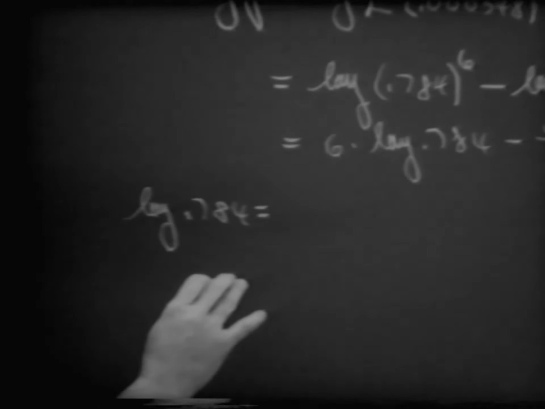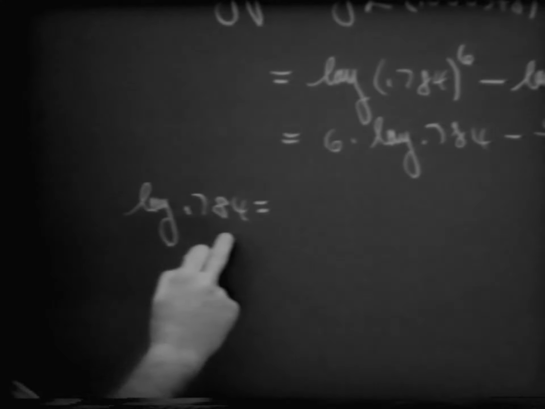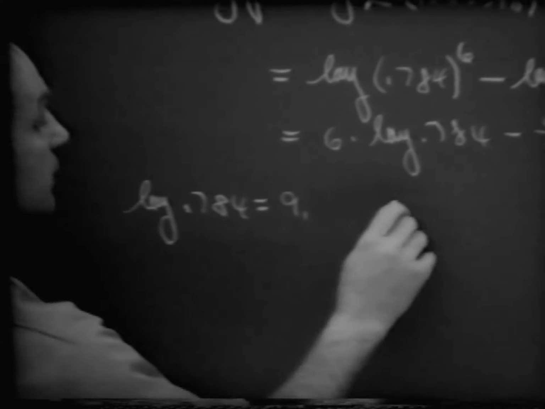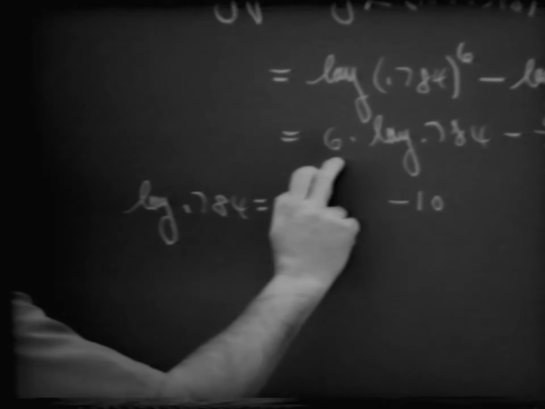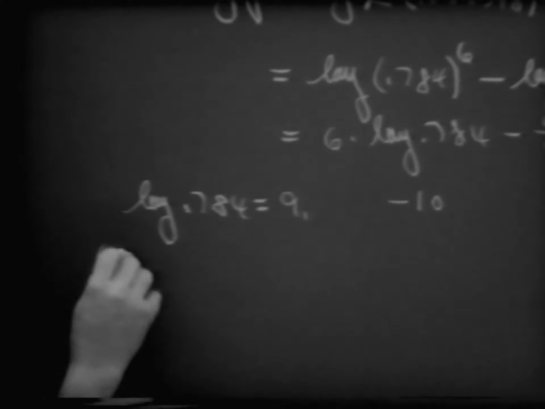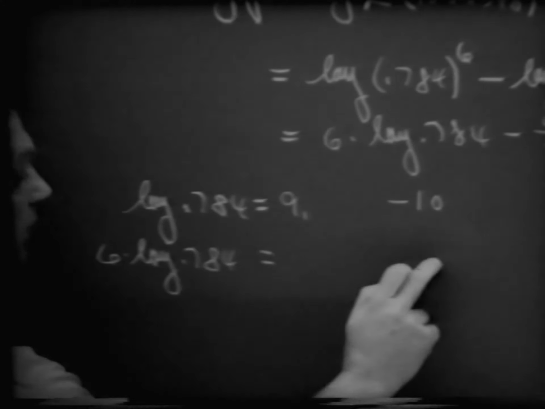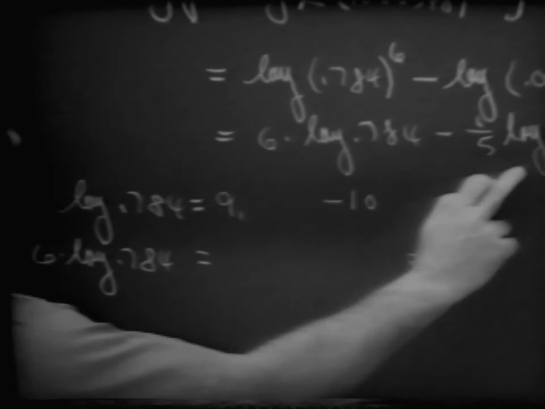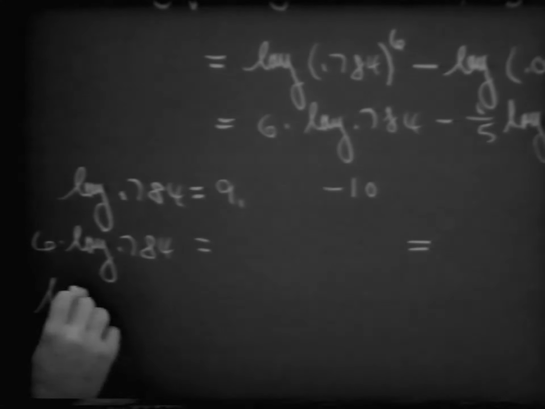We know that its characteristic is negative 1. Is that right? Which we may write as 9 point some number minus 10. We can look that number up in the table. Notice now we want to multiply that by 6. So 6 times the log of 0.784 is going to be equal to some number. In fact, I'd like to rewrite that number over here, because I noticed on the right-hand side there, I need to take the logarithm of